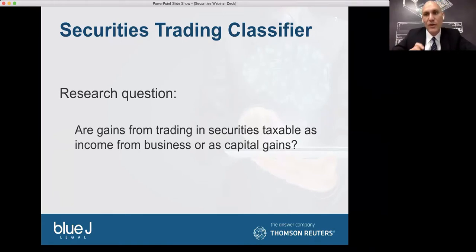What actually happened? Who is the taxpayer? How frequently did they trade? What were they trading? What was their intention when they traded? Why is it that they sold a particular security or a particular asset? What's actually going on here? And what's the underlying property? So you may get a different result if you have somebody buying and selling real property, that is real estate, or buying and selling securities, or buying and selling commodities or something else, or cryptocurrencies, for example.